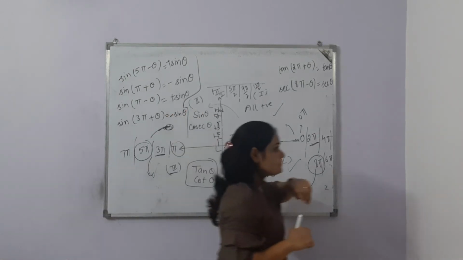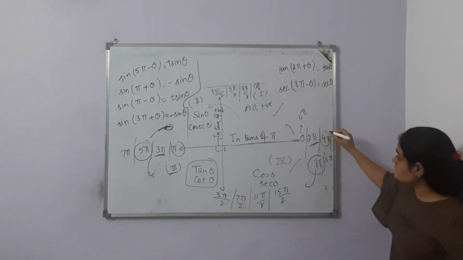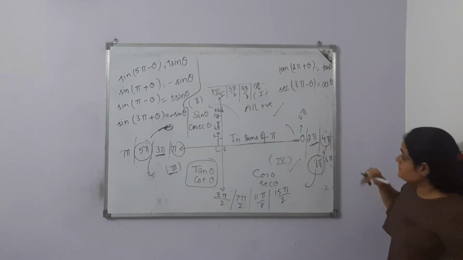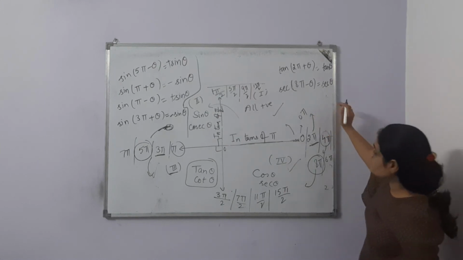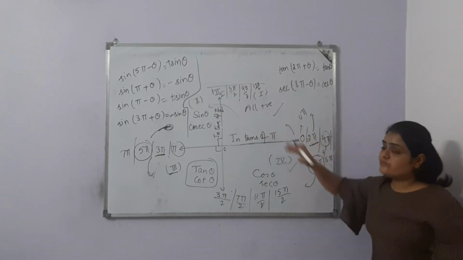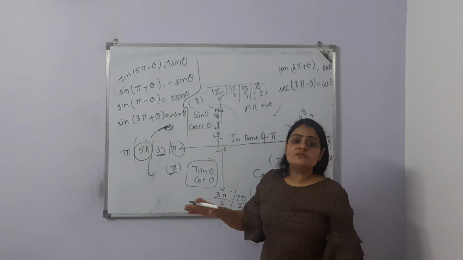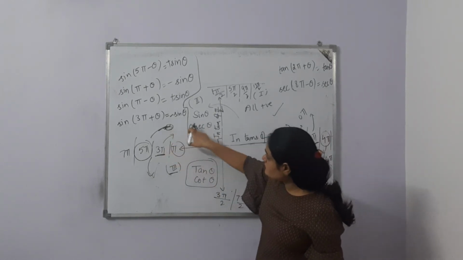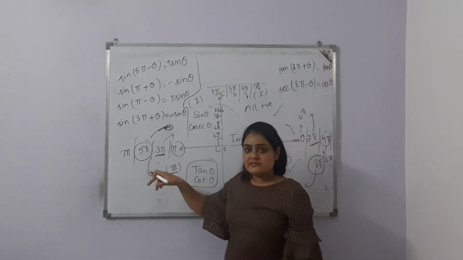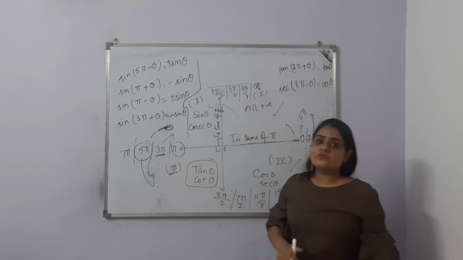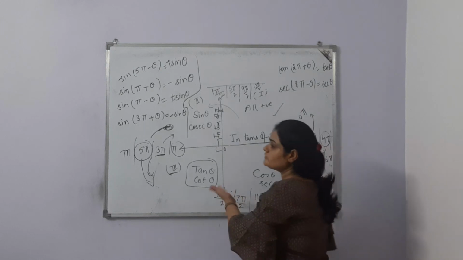If we are going 4 pi minus, this means clockwise direction, so we are getting the fourth quadrant. If we are having 2 pi plus, it is anti-clockwise direction, and we are having the first quadrant. The same for 3 pi minus: clockwise direction, second quadrant. And if we are having 5 pi plus, it means anti-clockwise direction, so this is your third quadrant. By this way we are getting quadrants, and according to the quadrants we are getting a positive or negative sign.